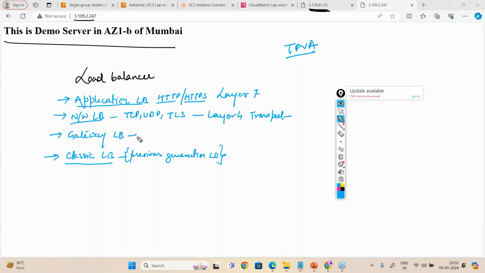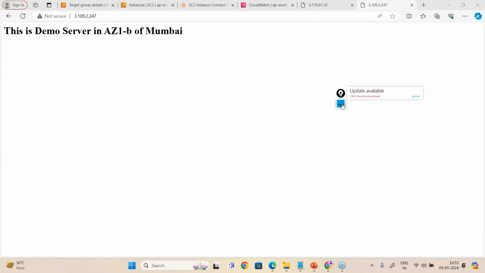So what exactly does gateway load balancer do? It works for third-party virtual appliances. It checks your traffic, called deep packet inspection. So these are assembled with AWS, and then your traffic is checked and handled by your VPC. Your traffic is first checked. Do you allow anybody to come to your home without checking him? No. Does anybody enter an airport without being checked? No. Like this, the classic load balancer works for layer number 3, 4 and 7, while gateway load balancer works for the network layer, layer number 3. So this is just a small discussion. We cannot include a broader sense because that would take much time and we would not be able to complete the topic.